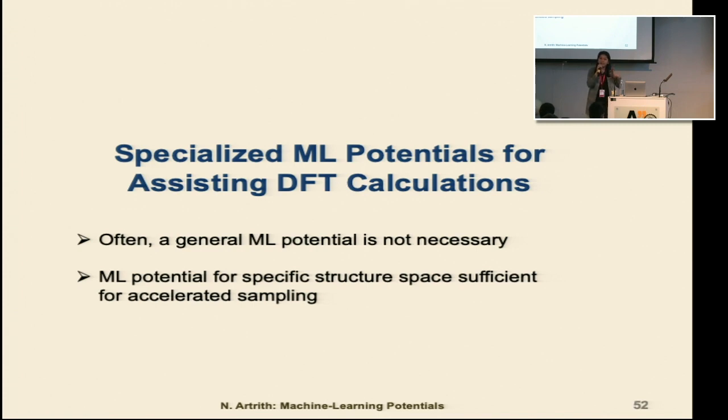For example, after we get the structure or the result from the machine learning potential, we can use it to verify, or use it together with, for example, the DFT calculation. So the first